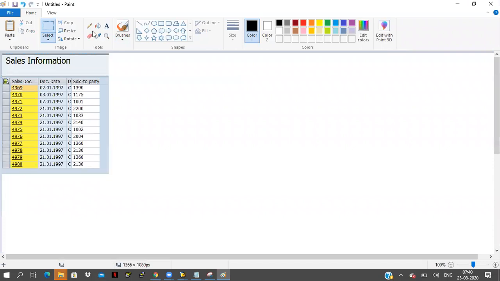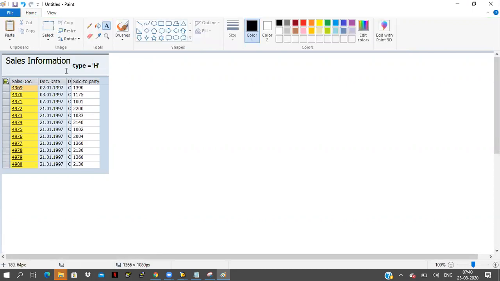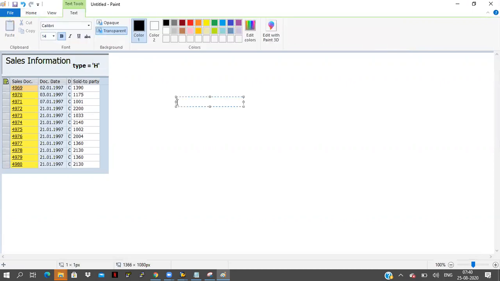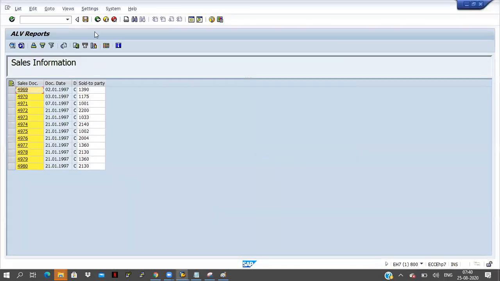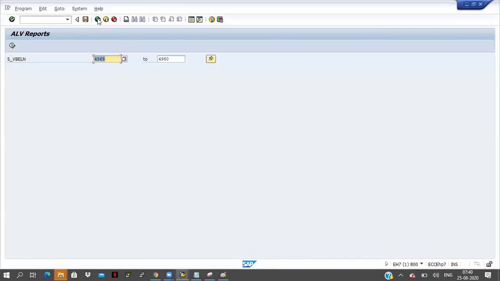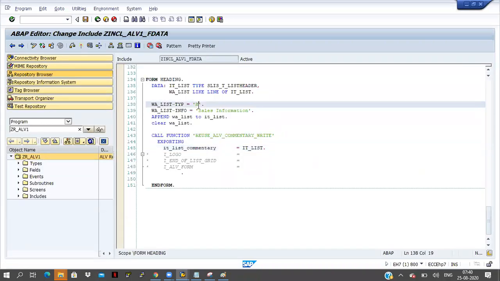This is what I have given: type equal to H, so the heading is coming like this. Now type equal to H is there.